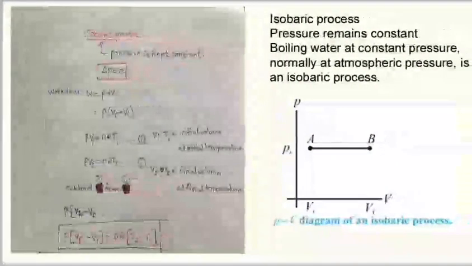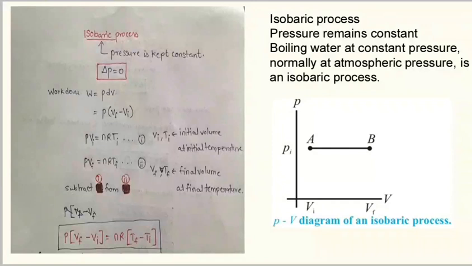Next is isobaric process. Isobaric process is one in which pressure remains constant. Boiling water at constant pressure, normally at atmospheric pressure, is an isobaric process. Delta P will be equal to 0, change in pressure will be equal to 0. So work done will be nothing but P times Vf minus Vi. I have already done this equation in the previous lecture. Now Vi and Ti are initial volume and initial temperature, and Vf and Tf are final volume and final temperature. Subtracting 1 from 2, you get P(Vf minus Vi)